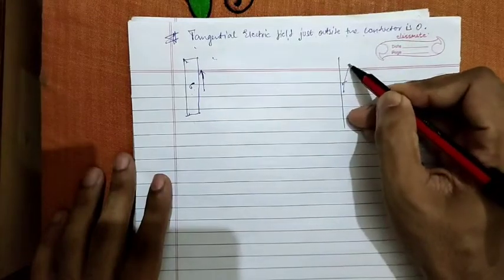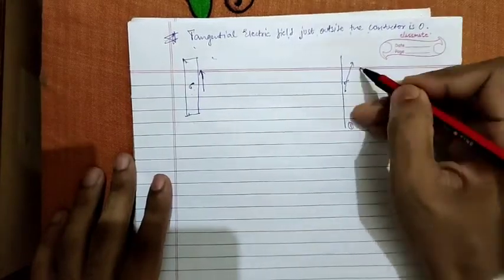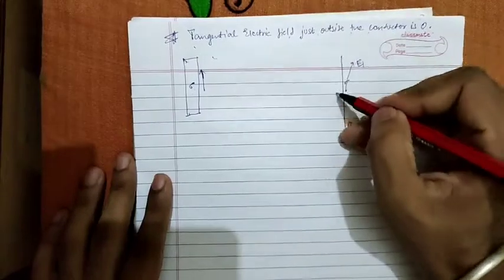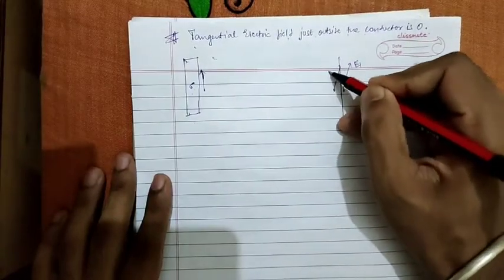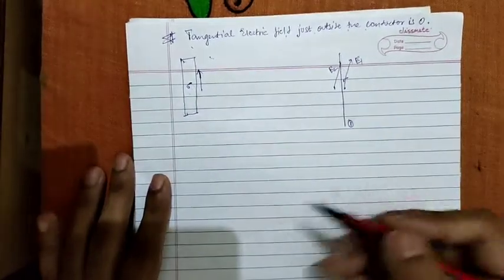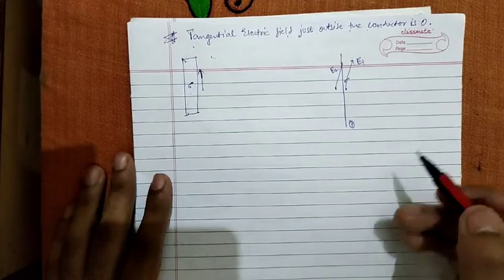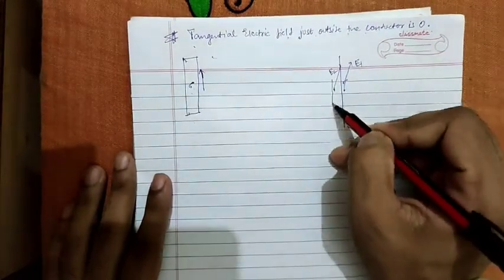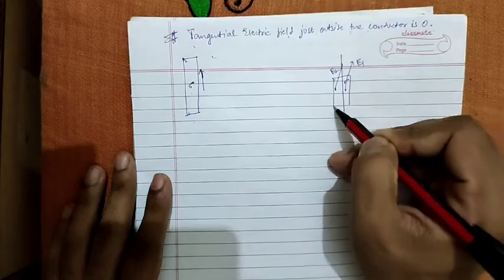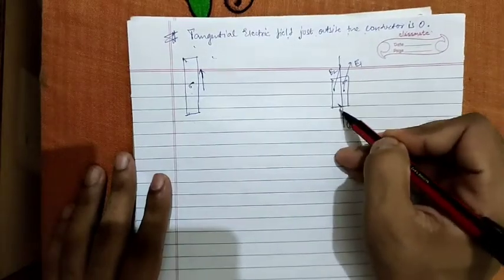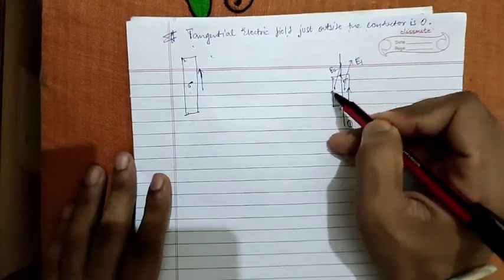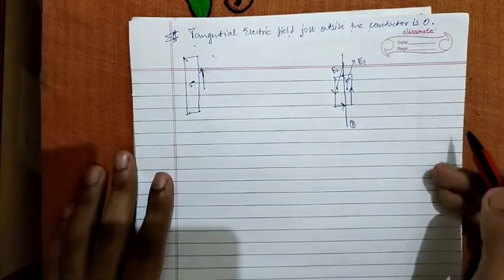Let's say the electric field on this side, side 1, is in this direction, and the electric field on the other side is like this. I'm taking this arbitrarily, you can take your own. So consider a loop, a loop like this. Now we know that